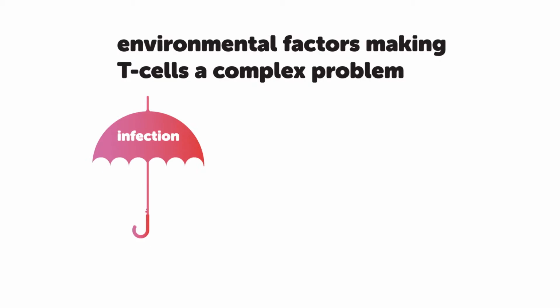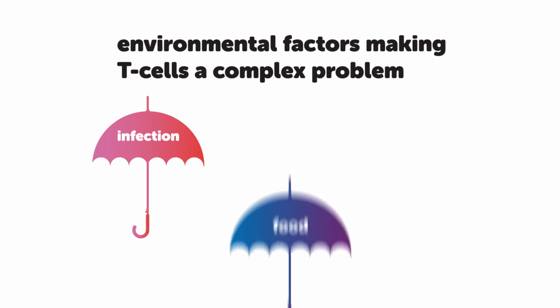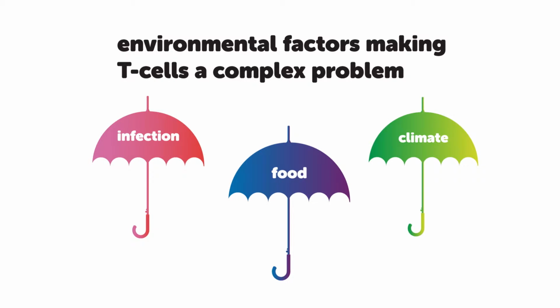So autoimmune diseases are actually complex diseases in the sense that there's both a genetic component and what we call an environmental component. The environmental factors, this is sort of an umbrella term for anything that you could be exposed to, for example, infections you may have encountered, the type of food you eat, or the kind of climate you live in. And it's a complex problem because these factors will affect not only how the T cells expand, but also what types of molecular programs they actually acquire.